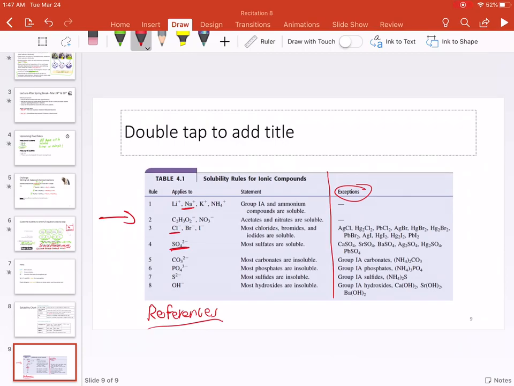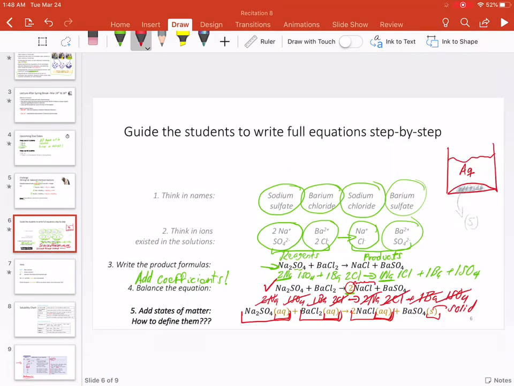Barium sulfate. If we go to the table, we will notice that for sulfates in this case, they are telling me that most of the sulfates are soluble. However, if I look in the exceptions, I will find that barium sulfate is not soluble because it's part of the exceptions I have ahead. So I can conclude that this is correct, and barium sulfate should be a solid, not a salt that stays in aqueous state, and therefore is not soluble in water. Okay, I hope this